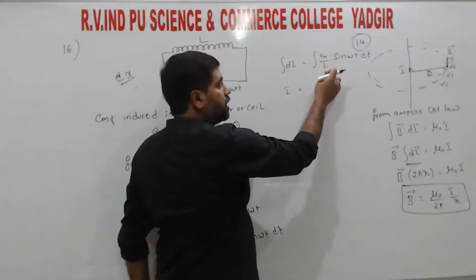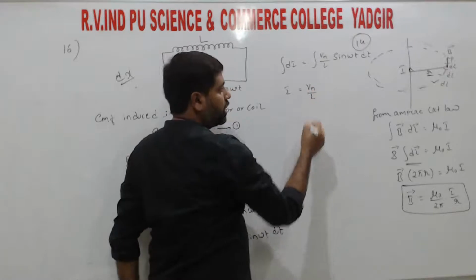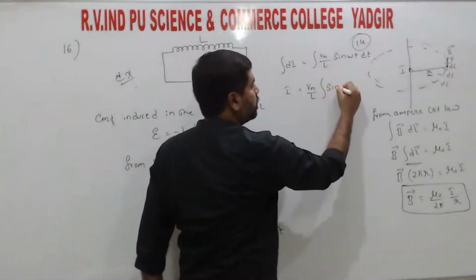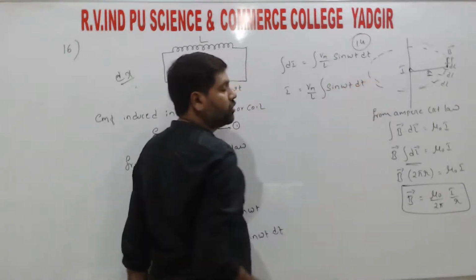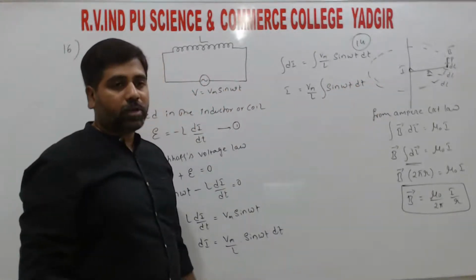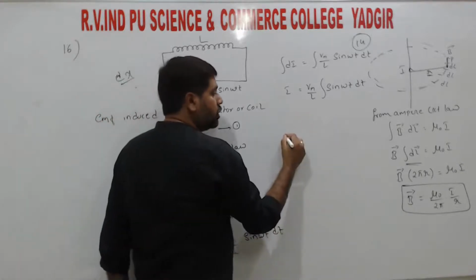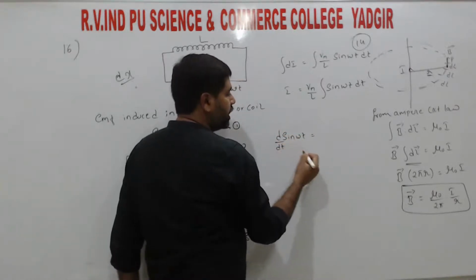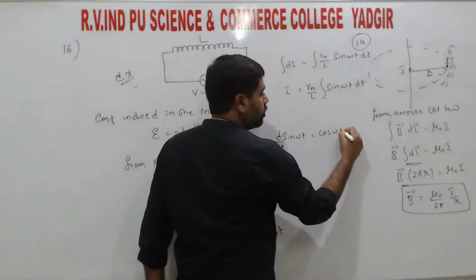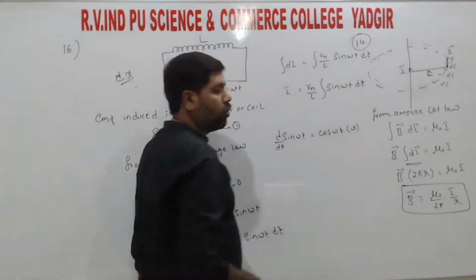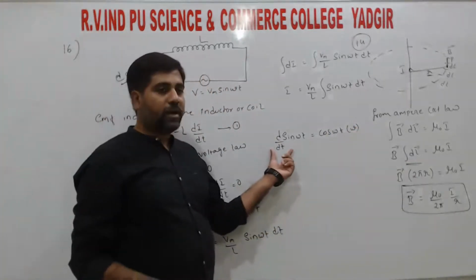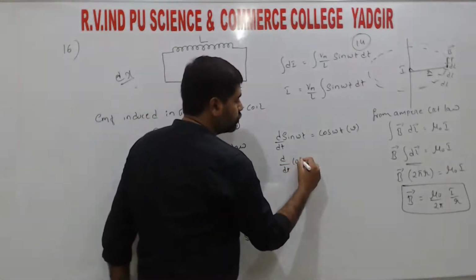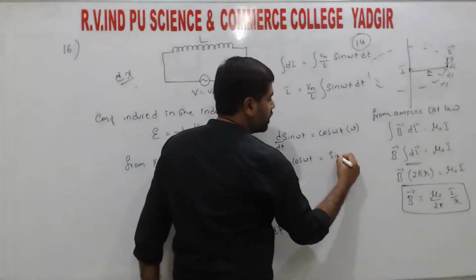So Vm is constant, L is constant. Taking these two outside, we have Vm by L. So integration of sin omega t dt. Already mentioned that integration and differentiation are reversible processes. So if we differentiate sin omega t, d by dt, we get cos omega t into omega. Right? So this is differentiation. In the same way, the differentiation of cos omega t gives sin omega t,